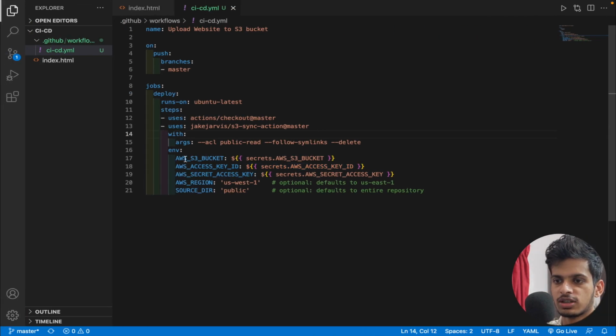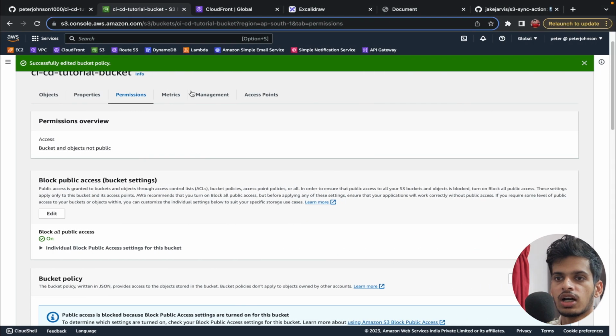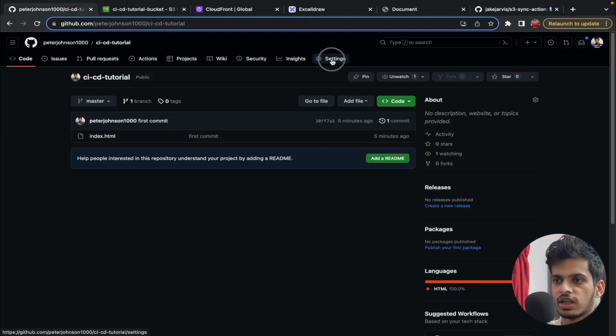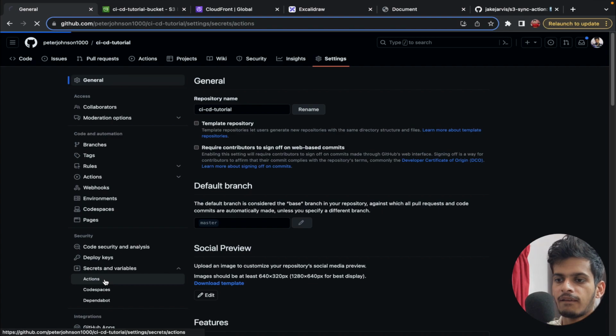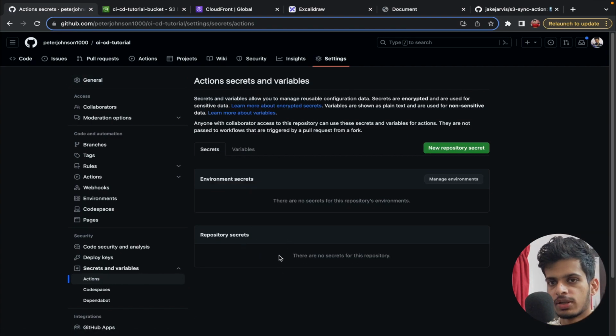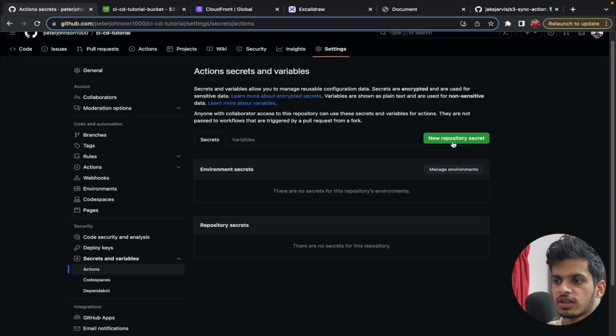So in order to set up these particular environment variables, we are again going to make use of GitHub Actions or the secret environment of GitHub, which means that if I go to settings right over here, and if I go to secrets and variables, I can see an option called actions. So here I can define all those variables, which means that I can click on create a new repository secret,